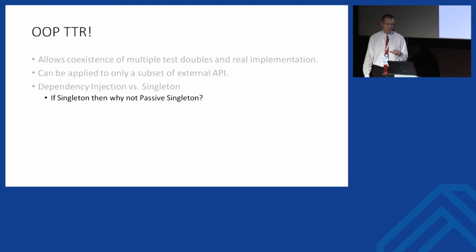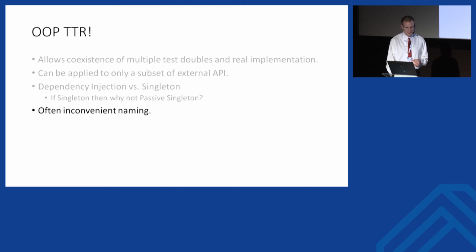Because if you go with the ordinary Singleton implementation, you end up with the same problems that the Singleton has in building unit tests and other forms of tests. That it's difficult to provide different implementations of the Singleton. So if you choose the passive Singleton approach, then you connect both solutions, and it's now easy to mock, stub, or use a real implementation of the external interface while having a clear Singleton without the need of direct